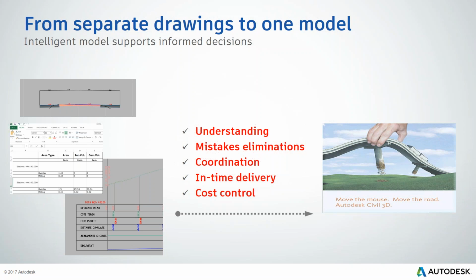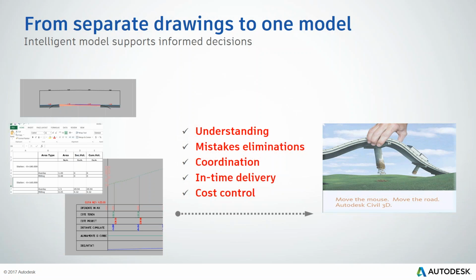And what people are doing in many cases is having separate drawings for longitudinal profile and for cross sections. Then they are calculating volumes and having them in some Excel sheet. Then they are making some changes. Then they have to redo things: for example, if they change the longitudinal profile, they have to make the change in the cross sections. Obviously, then they have to make changes in volumetric reports, etc., which is a lot of work, and it is also a source of a lot of mistakes and errors. While if you have one coordinated, intelligent, dynamic model where all these